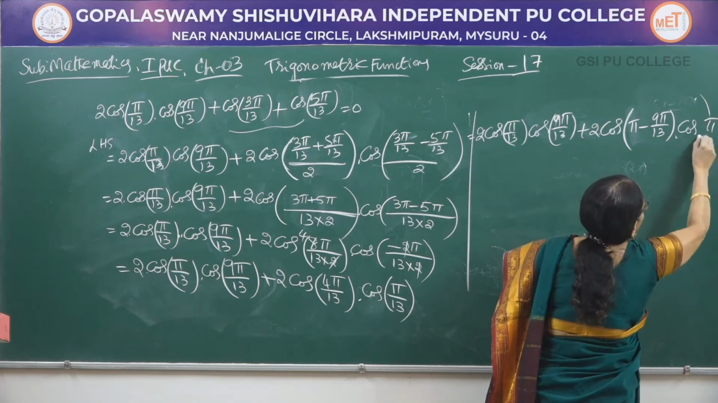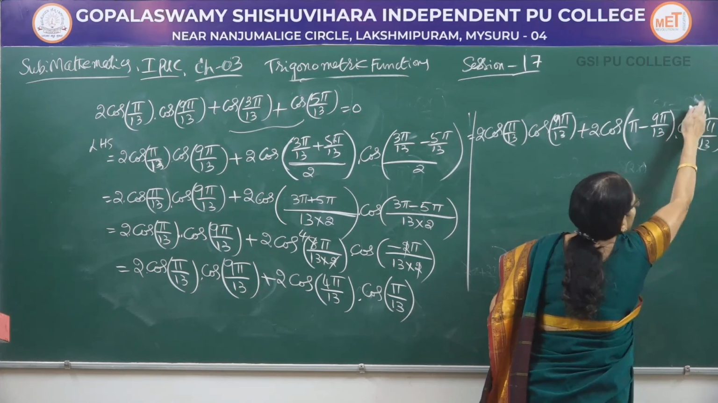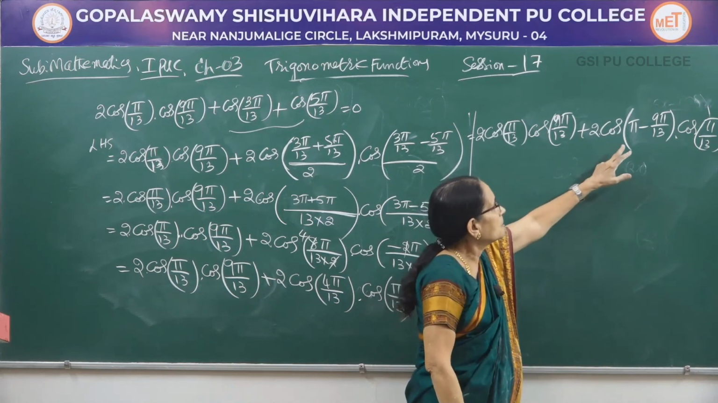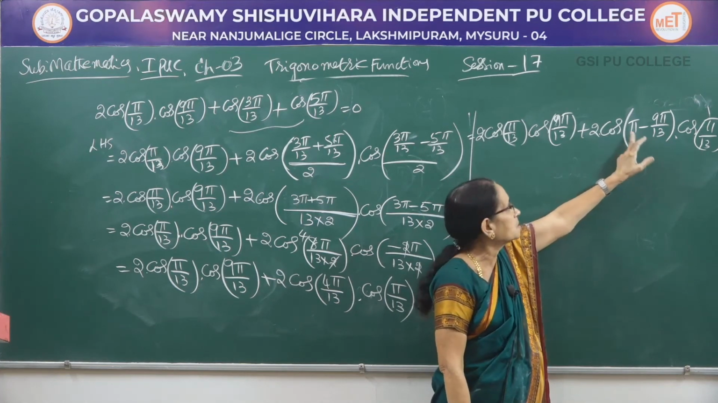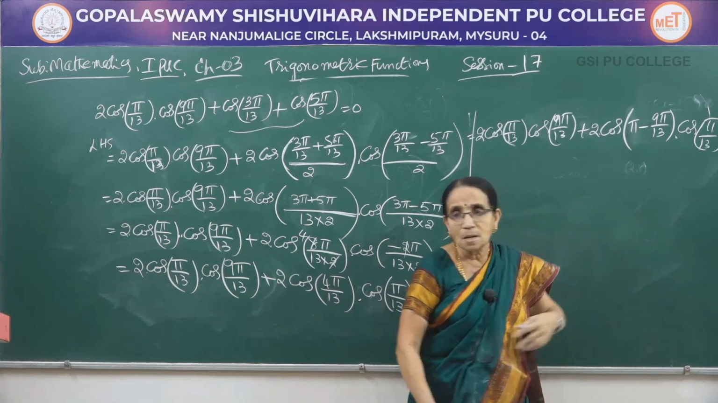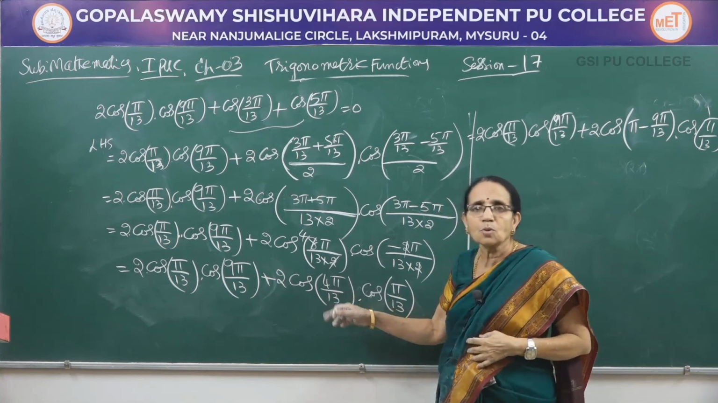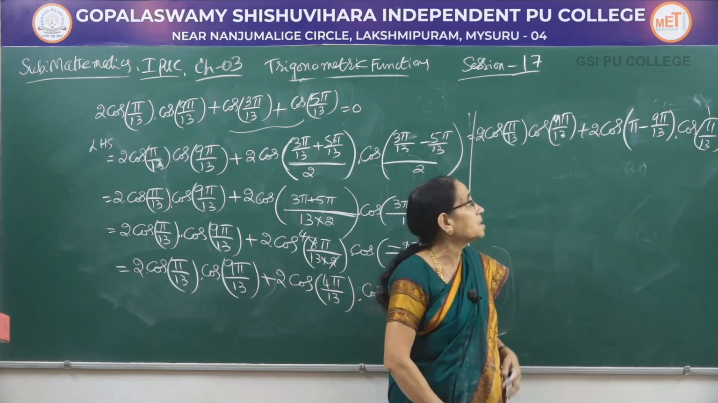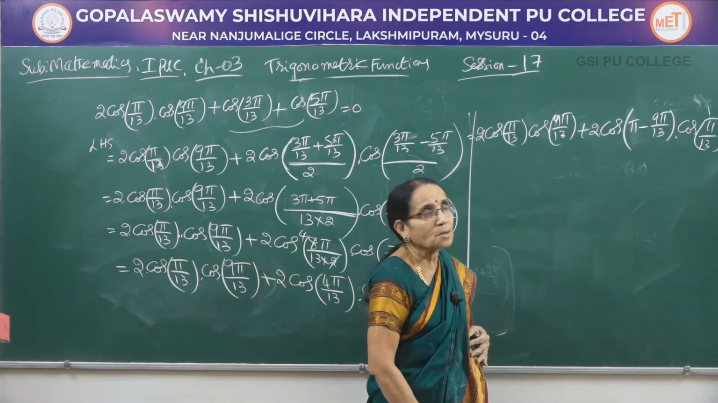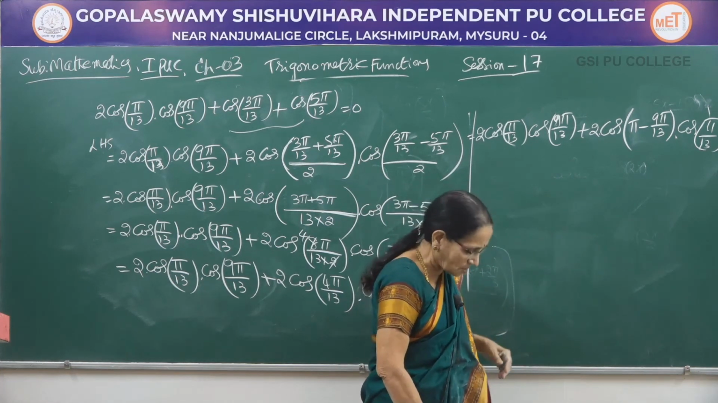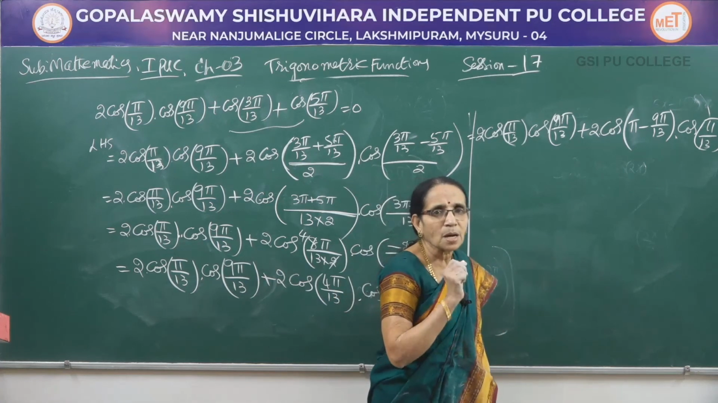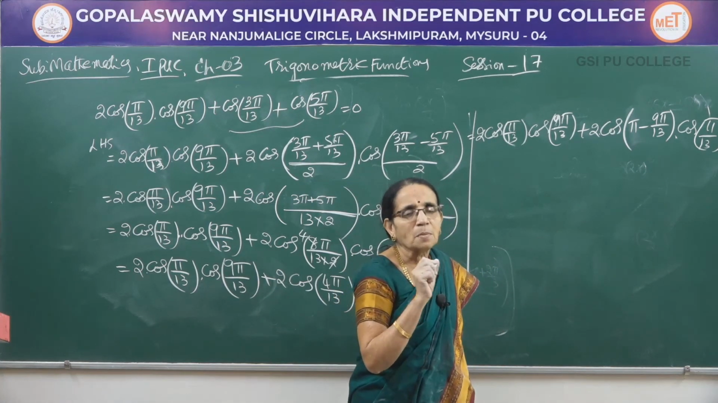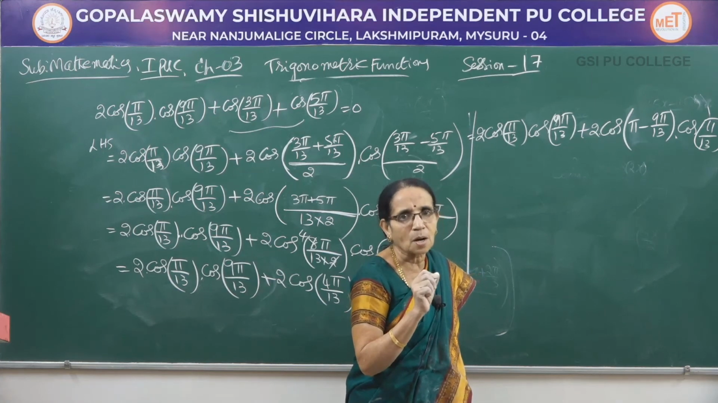I'll explain how I get this one. Look here, suppose I take the LCM. 13 is the LCM: 13 pi minus 9 pi, 13 minus 9 equals 4 pi. So this 4 pi I can write as 13 minus 9, or it is pi minus 9 pi by 13. Now, pi minus something, pi means 180 degrees, pi minus something means it comes in the second quadrant where